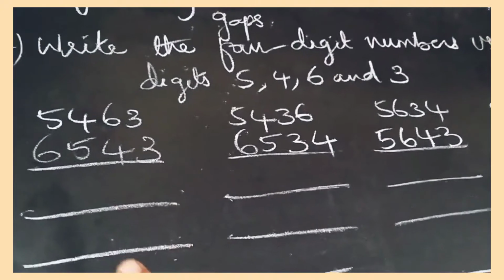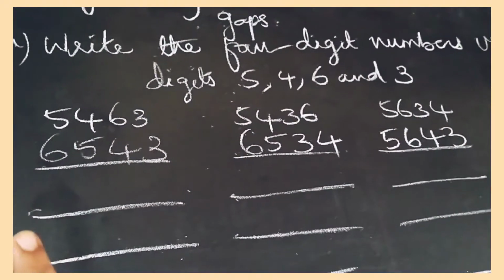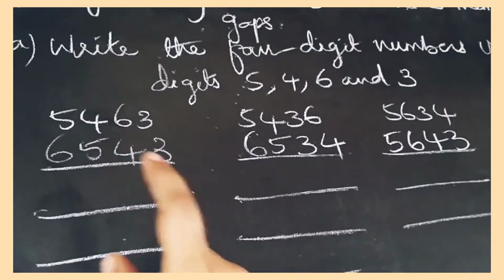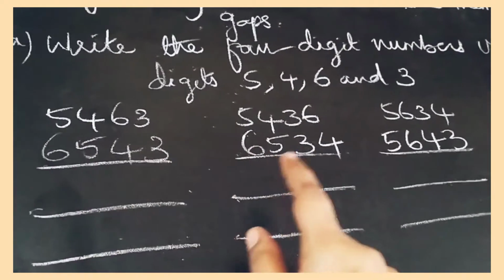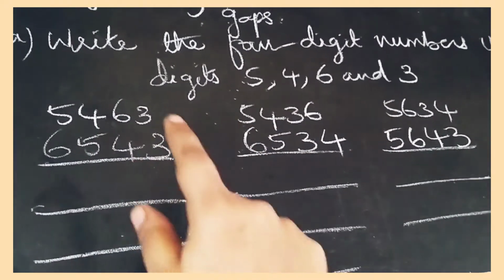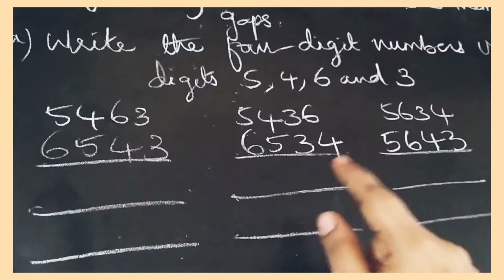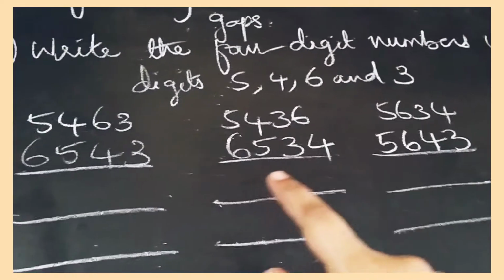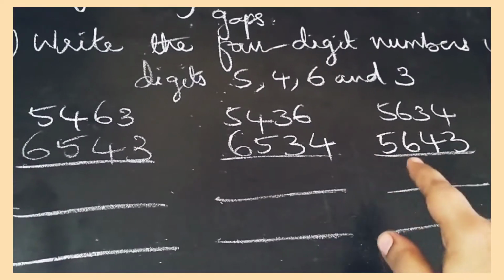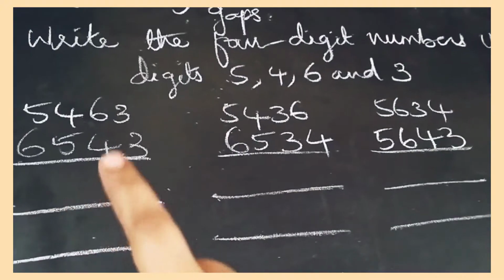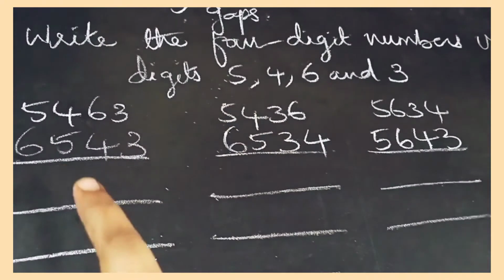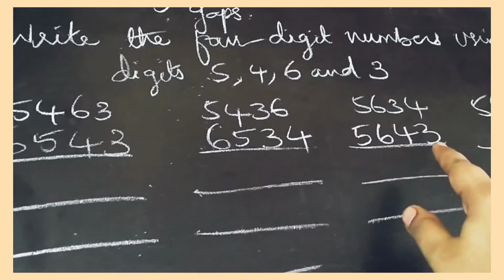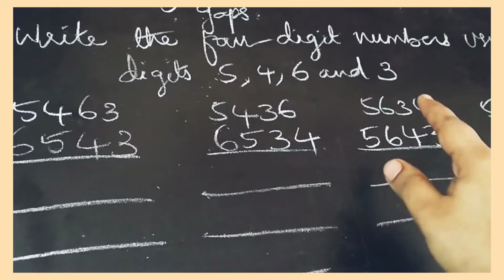So what we have to do, first we will take the bigger number here. What is the bigger number here? 6, then 5, then 4, then 3. Okay, then what we'll do, we'll write 6 5 as it is. We will change this 4 3 as 3 4. This is the second number we got. And then what we'll do now, we will take 5 6. Here 6 5, we have taken two numbers with 6 5. Now we'll take 5 6. Okay, 5 6 4 3, then 5 6 3 4, it is given here.